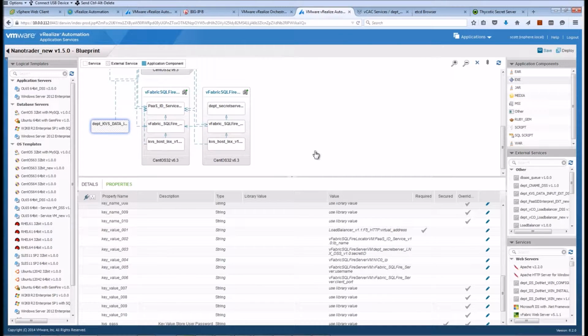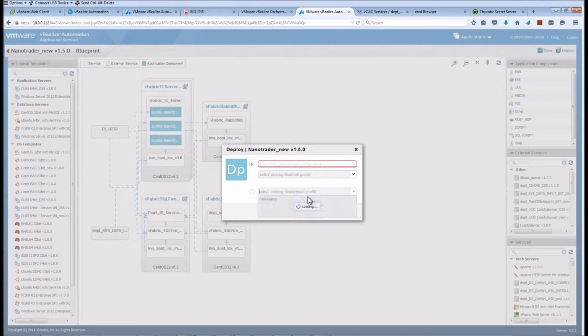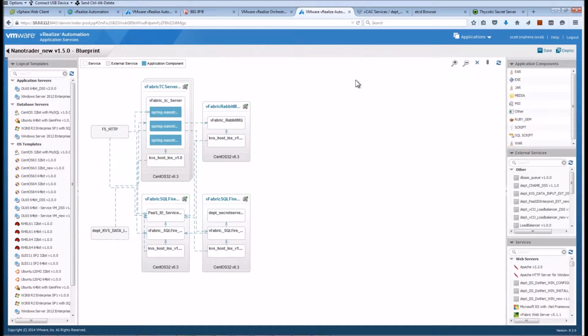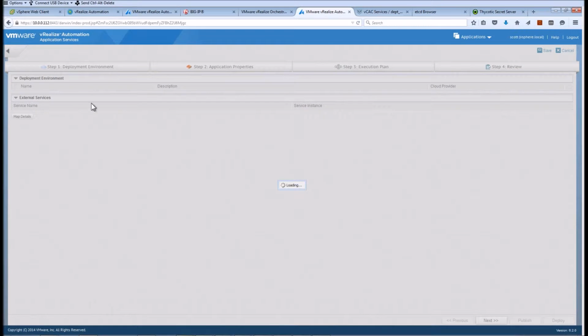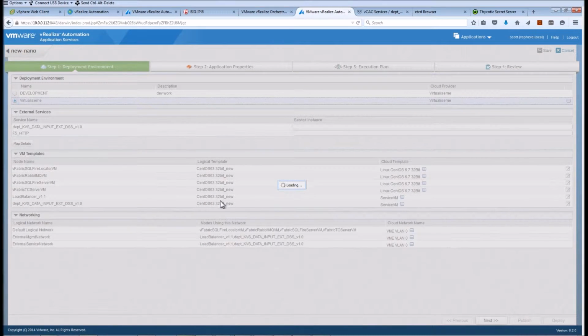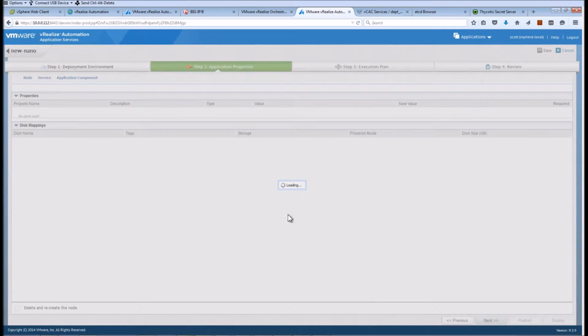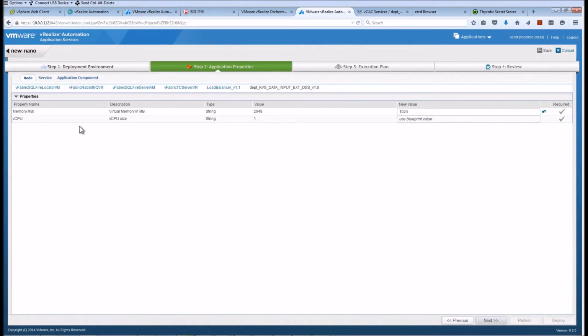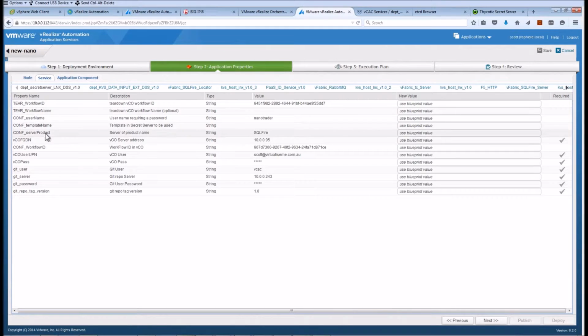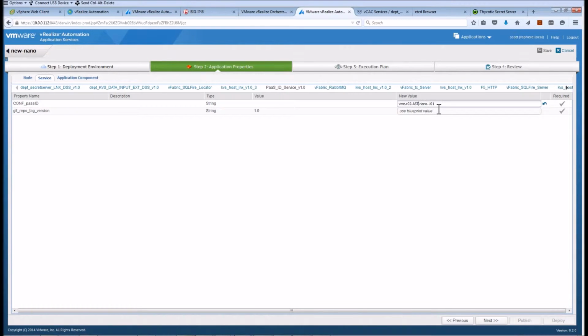Because I haven't published through VCAC, I'll have to enter a few bits of data here. We'll deploy that. So the data I'll need to input is the PAS ID. So let's make a prod one,